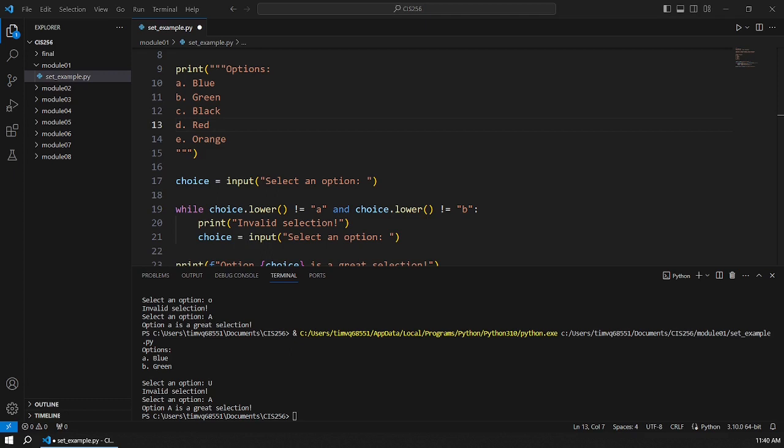And I could do that, right? I could say and choice.lower is not equal to C and choice.lower is not equal to D, and it just gets tedious after a while. So there are probably a couple different ways to solve this, but there's one that I want to show you that might be helpful to you. And that is, instead of checking each one of them, let's say while choice.lower is not in a list. And so in my list, I can say A, B, C,